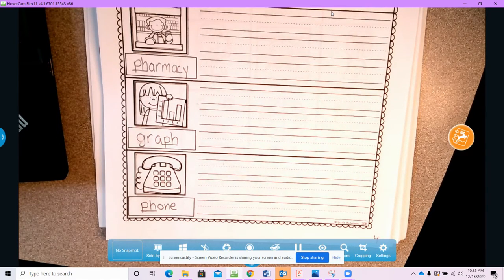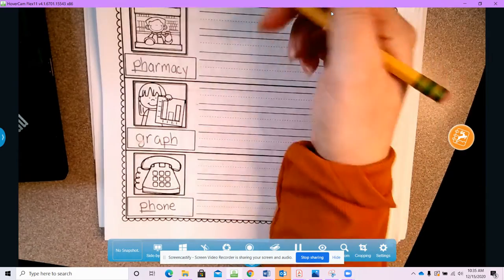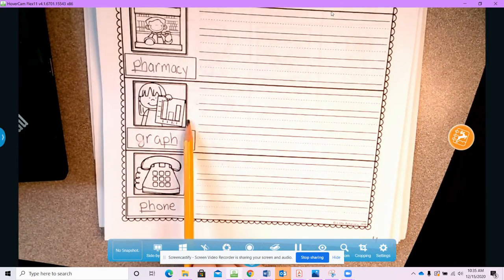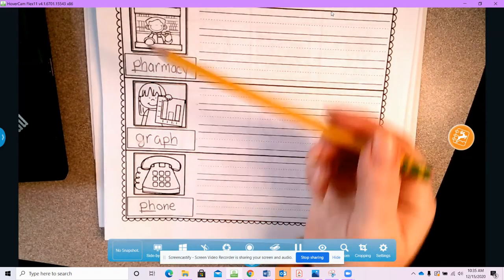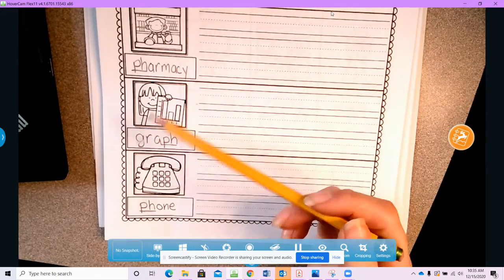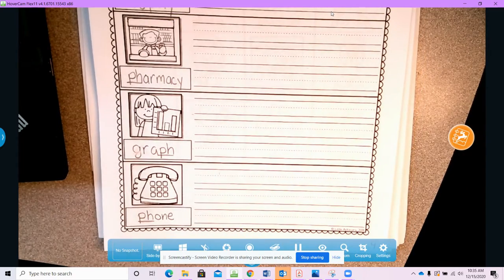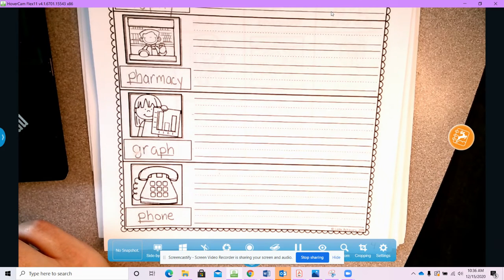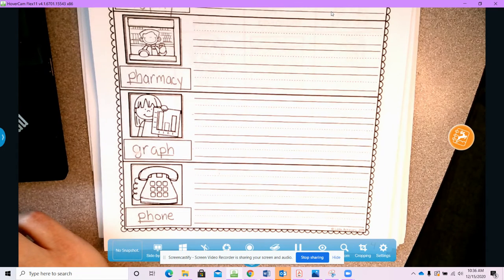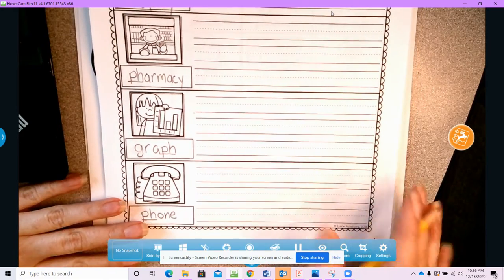Now your job is going to be to write a sentence using these words. I'm going to write a sentence with you for graph, but you are going to be responsible for writing a sentence for the other 3, okay? So what do we know about sentences? They need to start with a capital letter, okay? So we're going to say